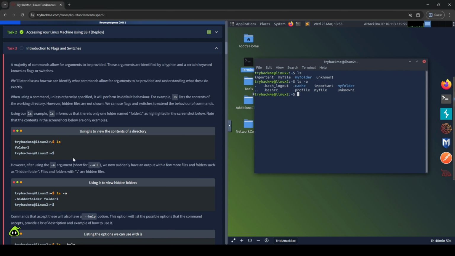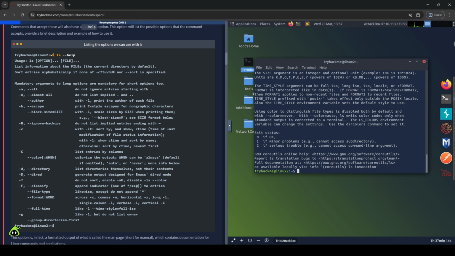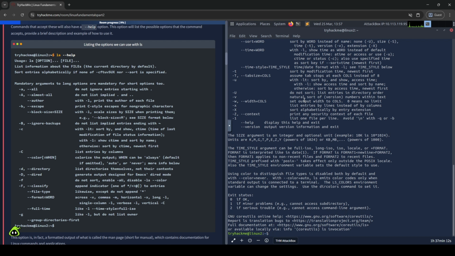And this is where a common mistake happens. People memorize commands but ignore flags. That works at the beginning, but later it becomes a limitation. Right, because most of the real power comes from combining commands with the right options. Now, obviously, you're not expected to memorize every flag for every command. That would be painful. Instead, Linux gives you built-in documentation. If you run ls --help, you'll get a quick overview of what the command can do. It's not meant to be pretty. It's meant to be fast.